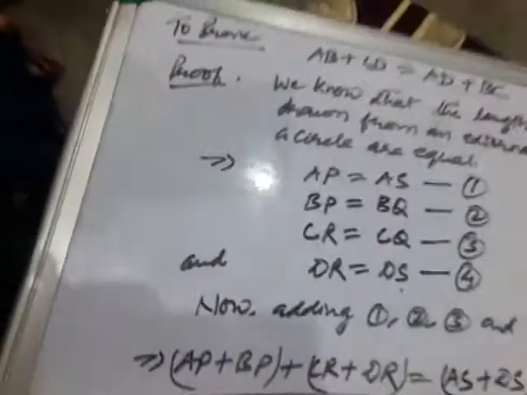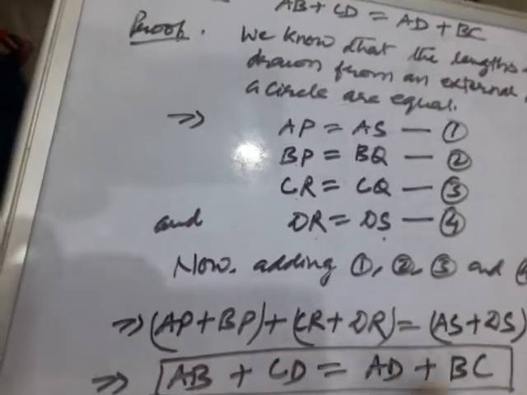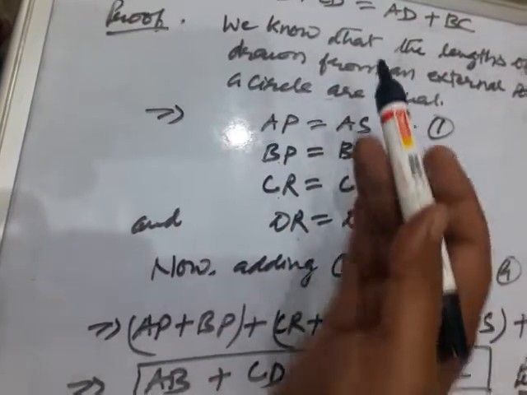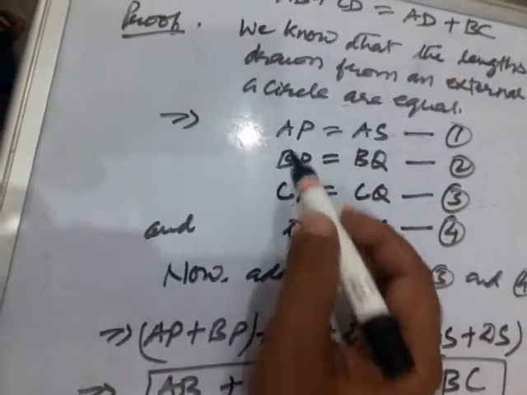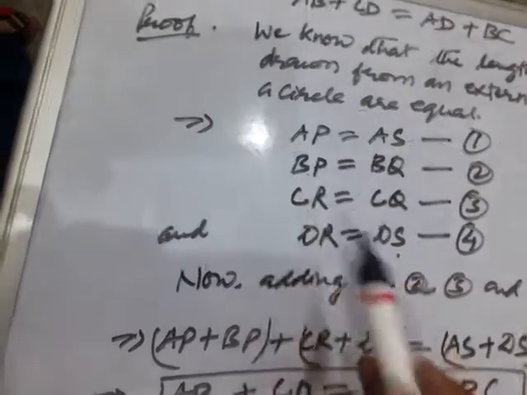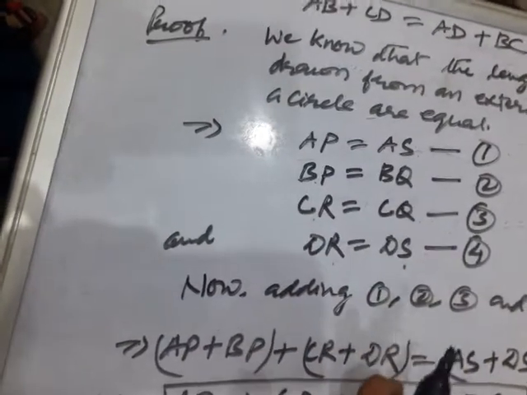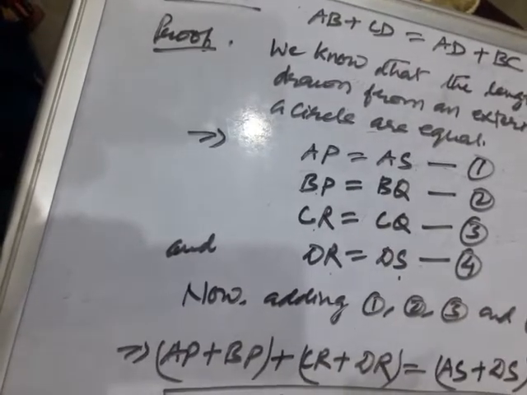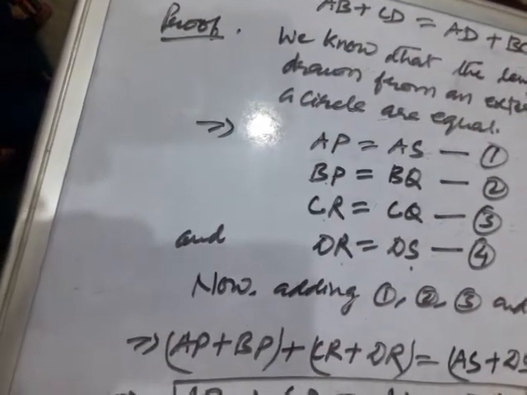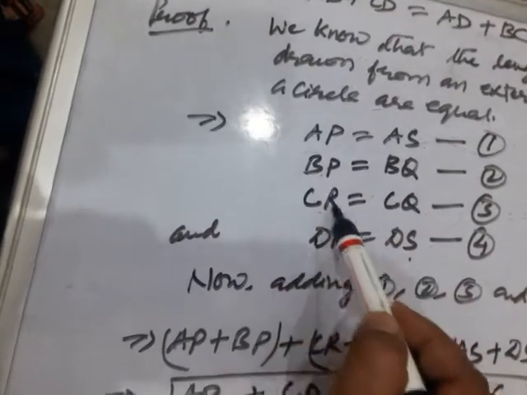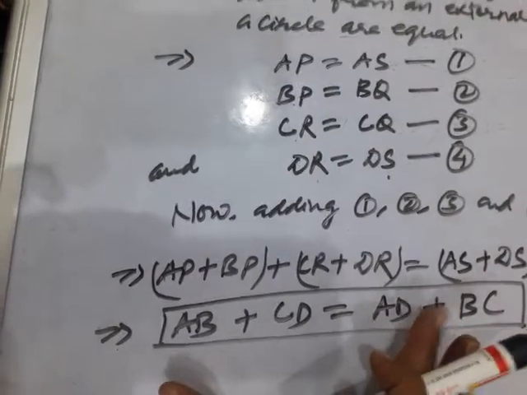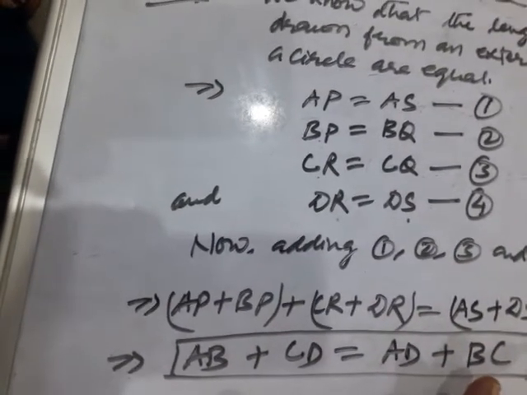Okay children, so this is a very important question. Your adjustment is very much required. You have to keep the things in such a way that if you add together, then one side, that is the left hand side, is available as it is, as required in the question. So AP and BP together, CR and DR together. Adjustment is very important, then only you will be able to solve the question in your examination properly.